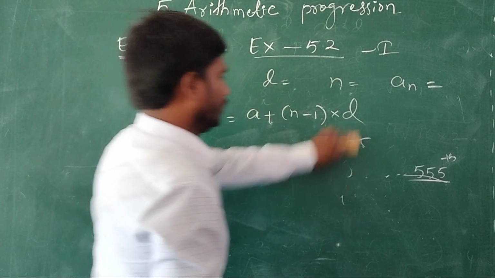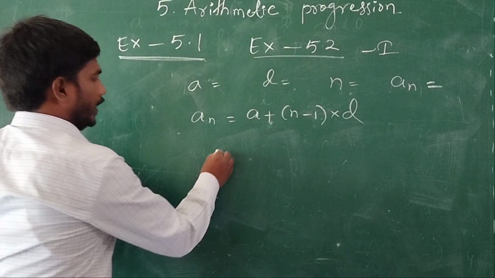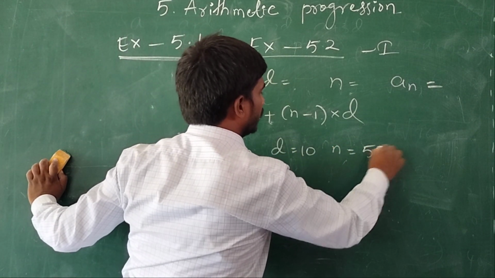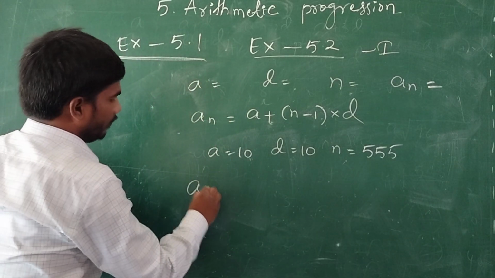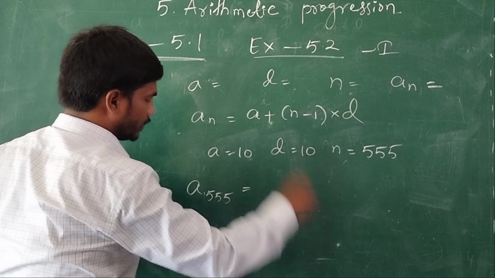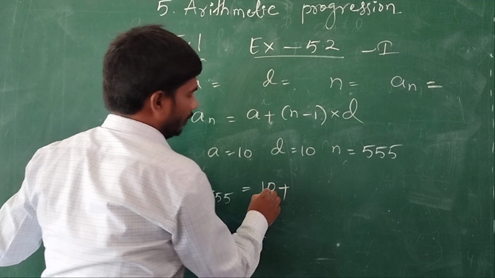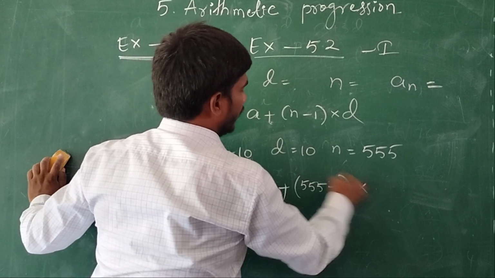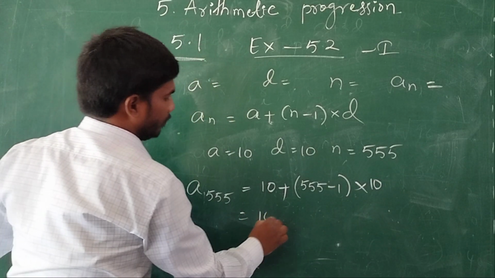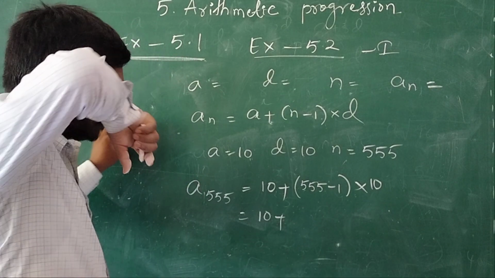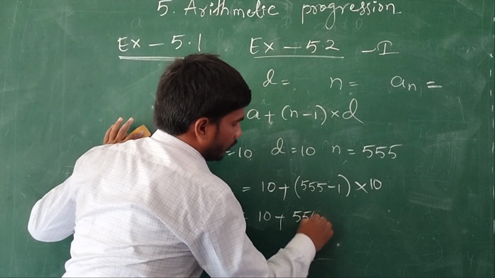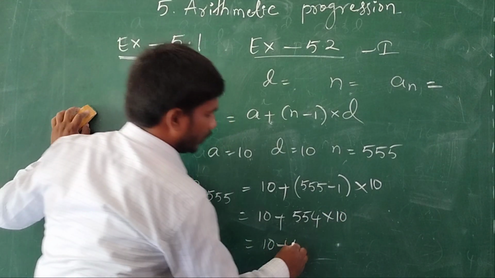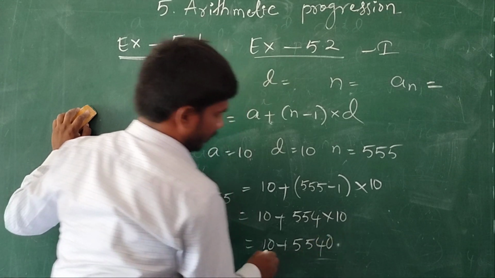The 555th term is being asked. Here a is 10, d is also 10, and n is 555. So what is the 555th term? It is a plus n minus 1 into d. n means 555 minus 1, into the d value 10. So 10 plus 555 minus 1, that is 554, into 10. So 10 plus 554 into 10, 5540 plus 10,